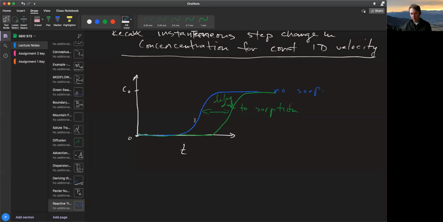And we'll consider another very simple aqueous phase reaction, but one that's commonly used in the